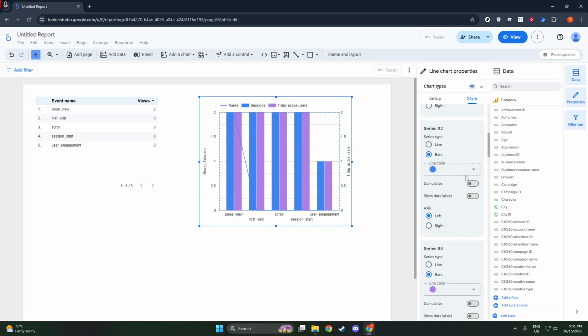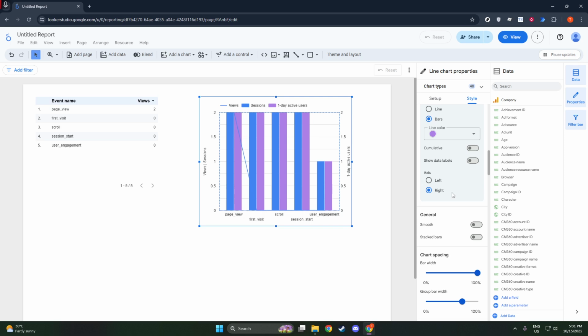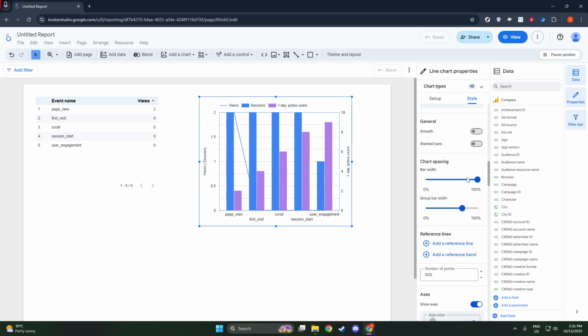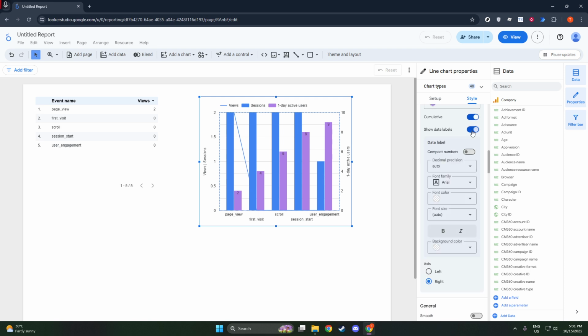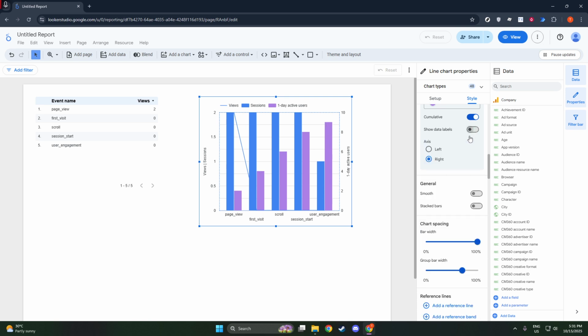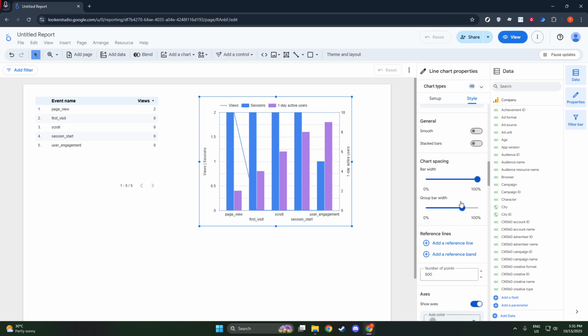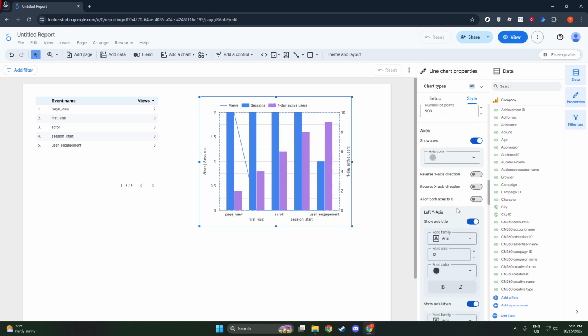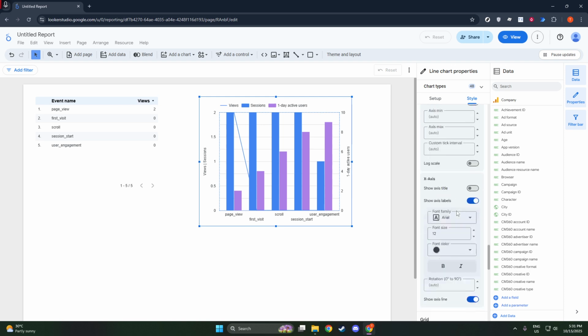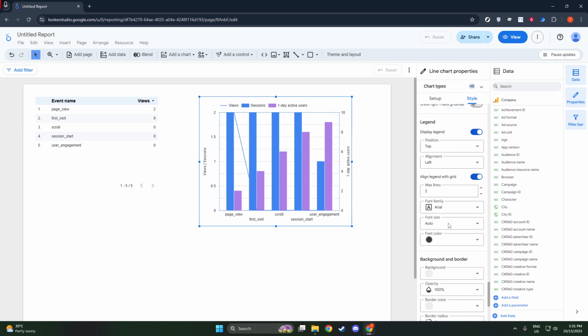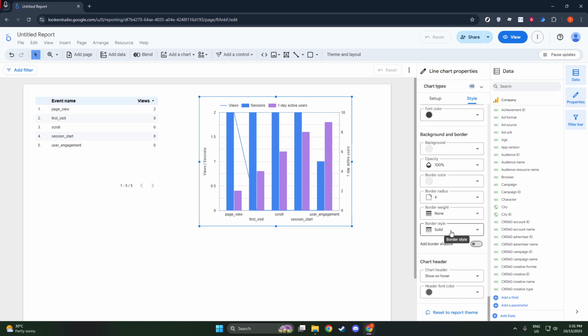If you're interested in showcasing cumulative progress, checking the cumulative option can be beneficial. Similarly, enabling the Show Data Points feature can highlight specific points on a line chart, providing more precise data visibility. Lastly, the Step Line option can be enabled if you need a more angular, stair-step representation of data changes over time. With these adjustments, your combo chart in Looker Studio becomes a customized, powerful tool for conveying your data story